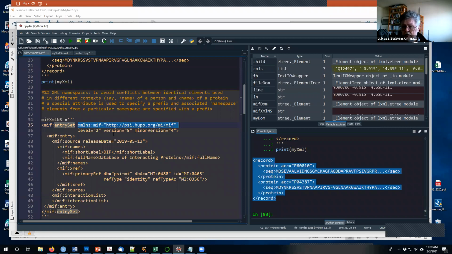Here, it always looks like xmlns colon, and then there's a prefix that is then used for all the other elements. And the attribute here means that every time a name has the prefix mif, it's coming from a namespace, http colon slash and so forth. Very often this URL might be a place where the particular flavor of XML is defined, but that's not always the case. And we don't care what's sitting under the URL here,